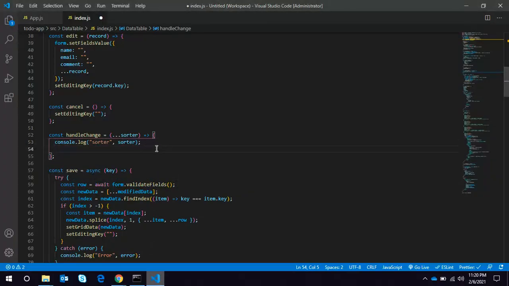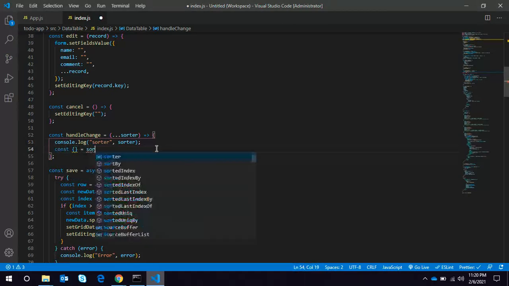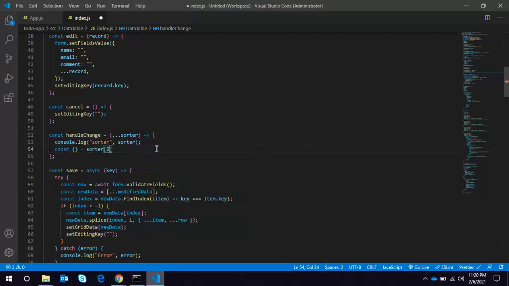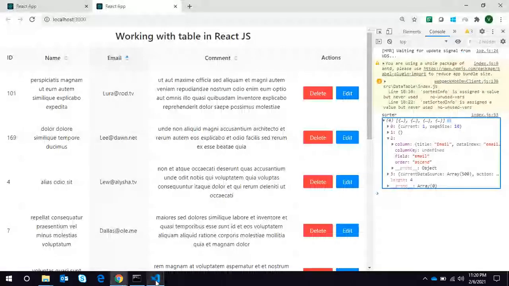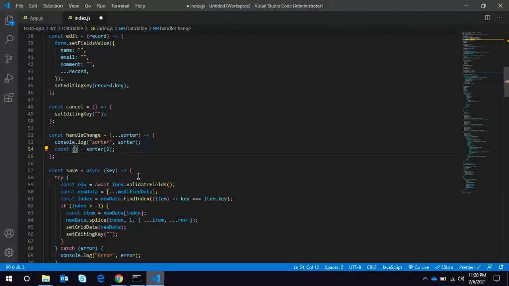First we will destructure the sorter, and we have to destructure from the third element, because it comes at index 2, as the array index starts from 0. So column key, we need order and field.